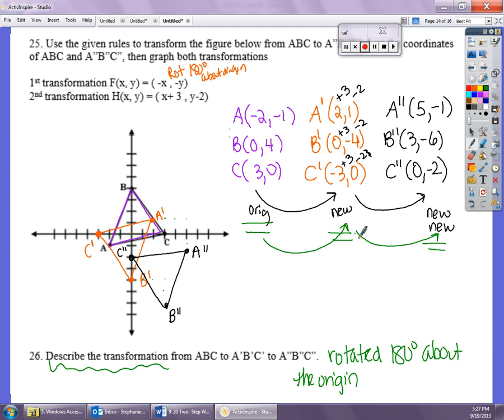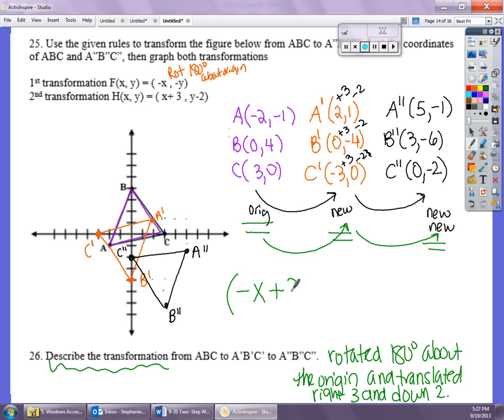And then from new to new, we translated +3, which means right 3, and we also went -2, which is down 2. Now, it didn't ask you to write the rule, but if you were to write the rule for this, because you should know how to write the rule, it would be